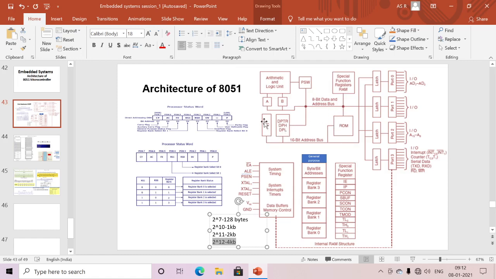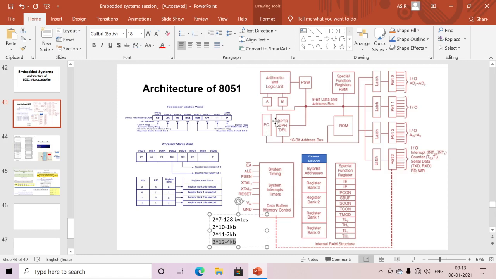Okay, next we'll discuss mainly the program counter. It will store the address of the next instruction to be executed. For example, right now my ALU is at the 1000H location. If I want to execute the next instruction, the 1001 address will be there in this program counter. Always it fetches the next instruction to be executed by our ALU.